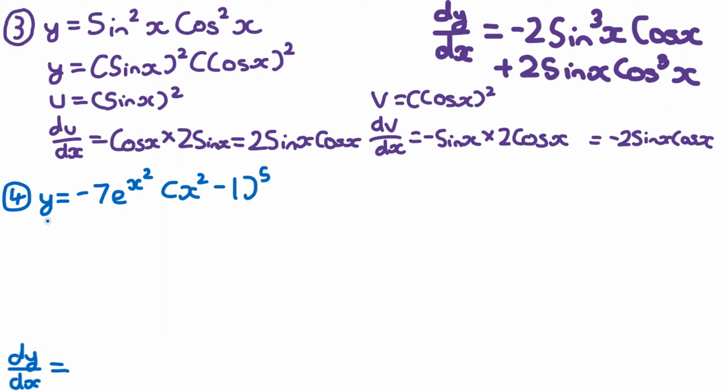So for the fourth one, we have y is equal to minus 7e to the power of x to the power of 2, multiplied by x squared minus 1 to the power of 5. So we need to use the product rule. So this here we'll say is u. So u is equal to minus 7e to the power of x to the power of 2. Therefore du over dx is going to be equal to, so this minus 7 is going to come down here,